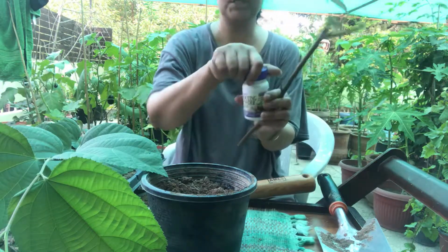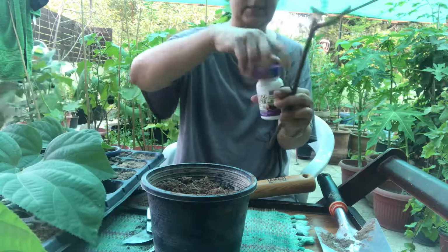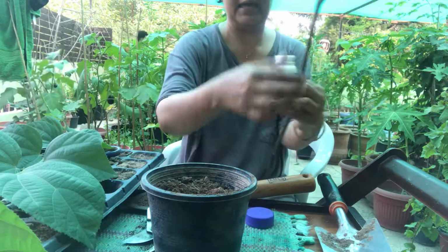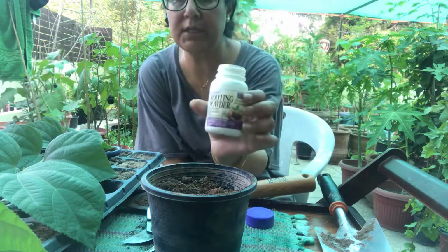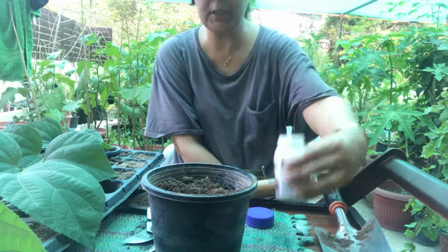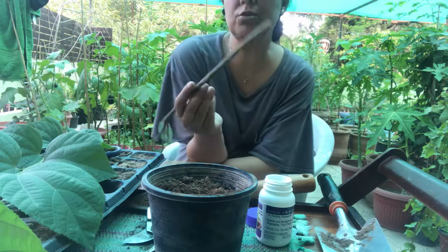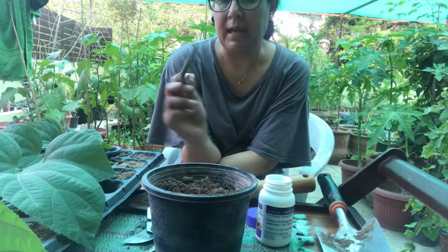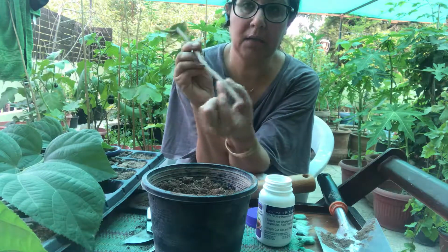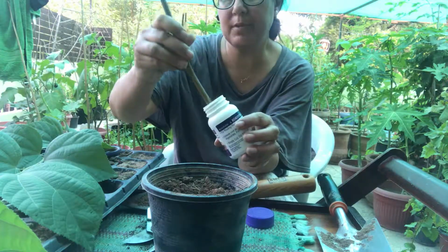Now there are three ways, or maybe many ways, you can actually help your stems grow. And one is this rooting powder. If you can see closely, I'll be using this rooting powder. If you do not find it or you do not want to use it, you can also use some honey and dip your stem cutting till here in honey, and you can plant it. So I'll be using this rooting powder because I have it,